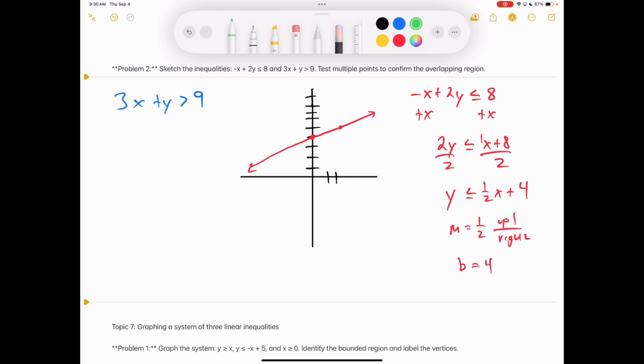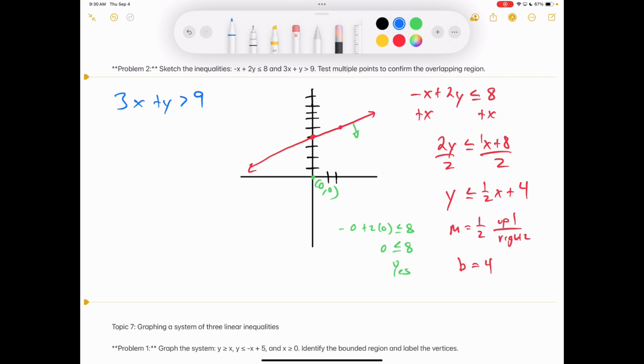Again, depending on how you feel about it, you can kind of look at that and say, okay, I'm going to shade below because it's less than or equal to, but you can always plug in the 0, 0 point. So I'm going to plug the 0 into the top equation because that's easier. 0 is less than or equal to 8. That's yes, so I shade towards the 0, 0 point. I'm just going to put a little arrow right there because I don't know exactly where I'm shading yet